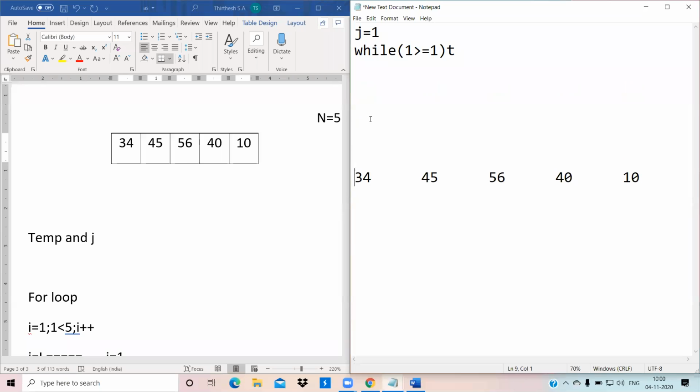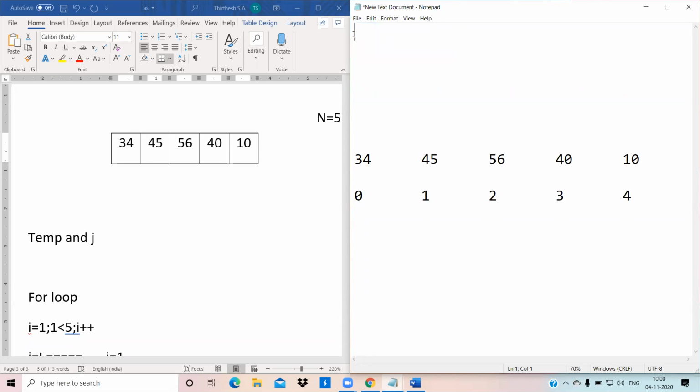Okay, let's say that here we have an array of indices 0, 1, 2, 3, and 4, which means that the value of n will be 5.